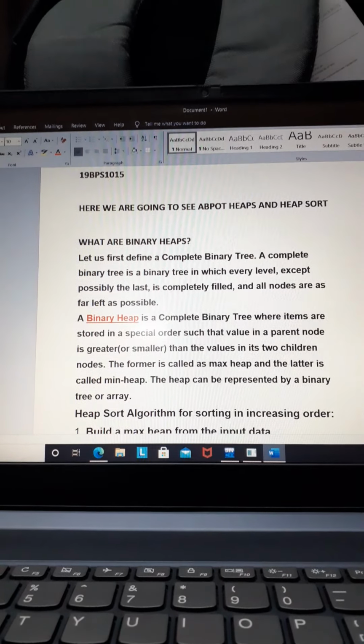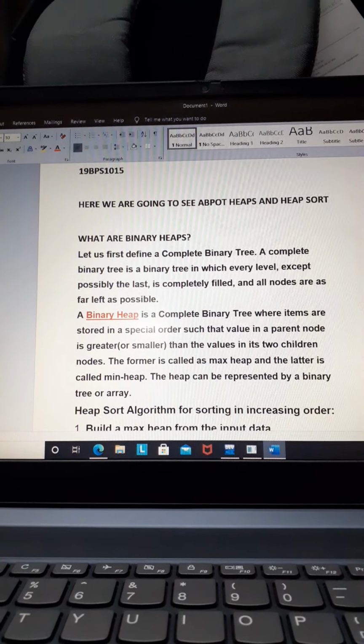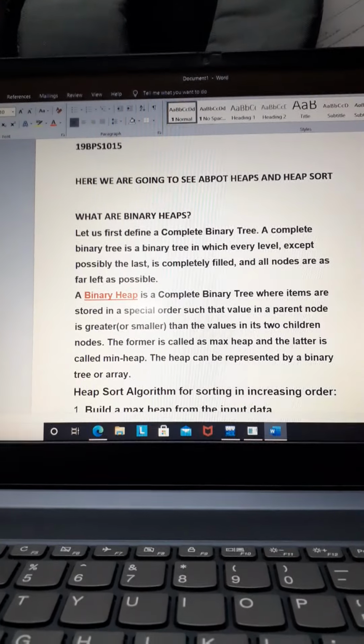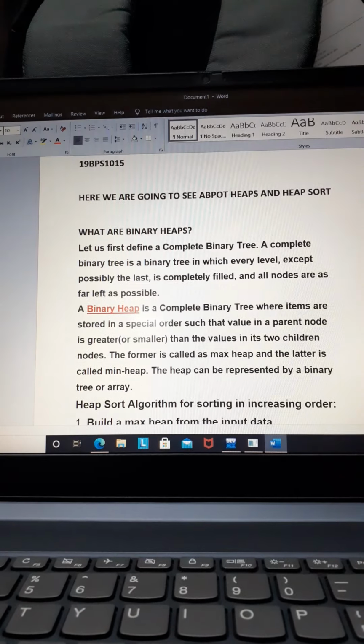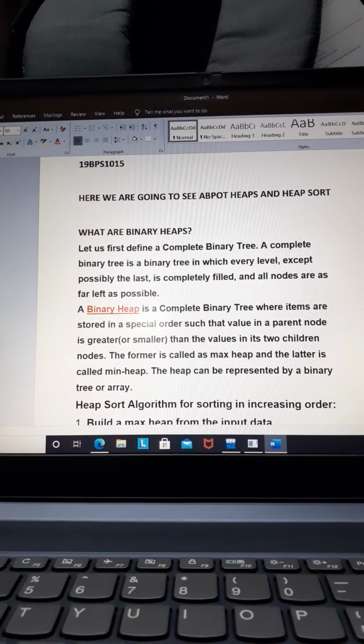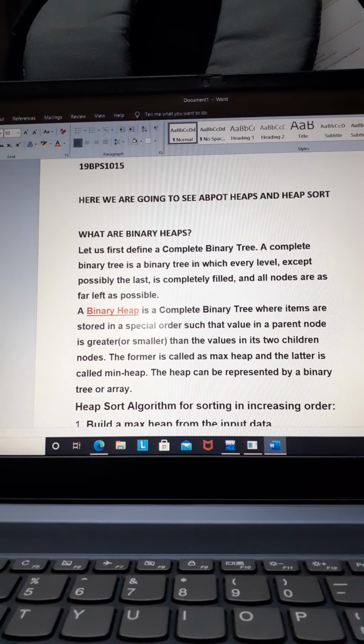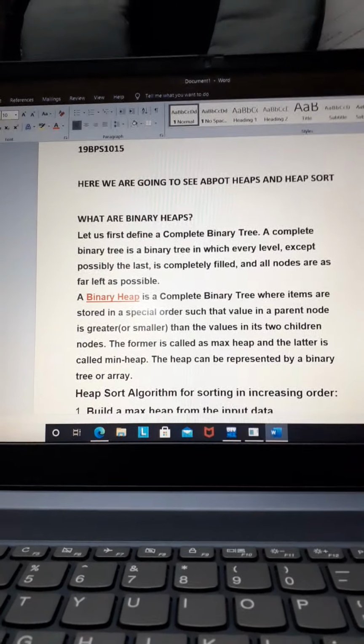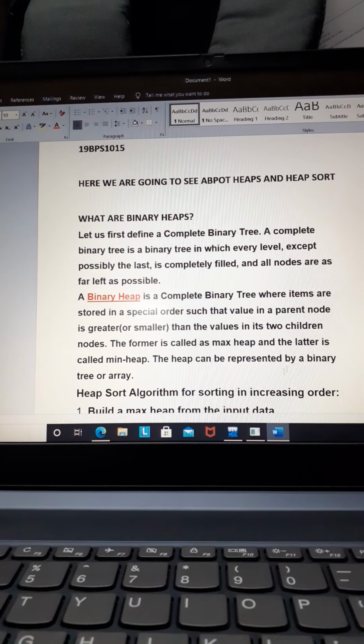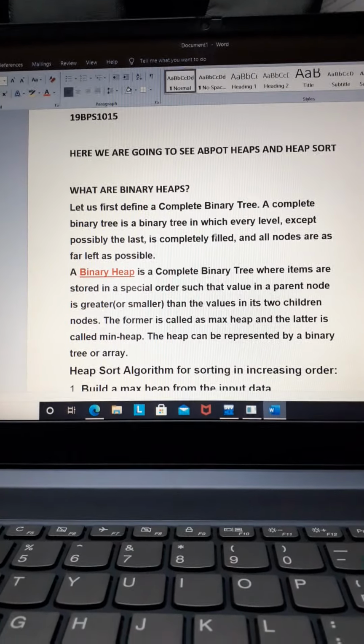And the vice versa is the min heap. So in a min heap, obviously the values of the two children nodes should be greater than the value stored in the parent node. So this is the basic idea behind binary heap.